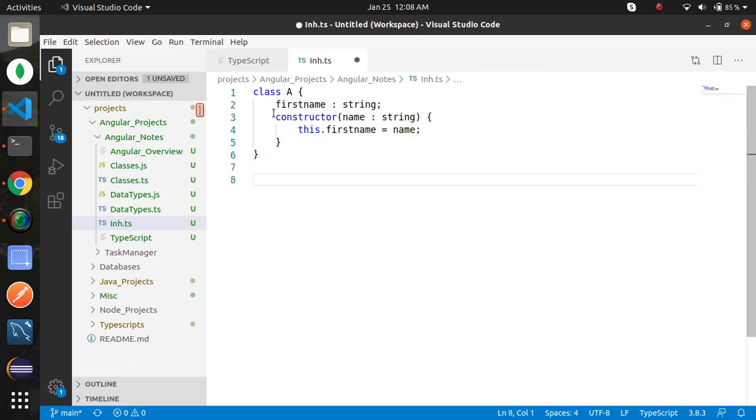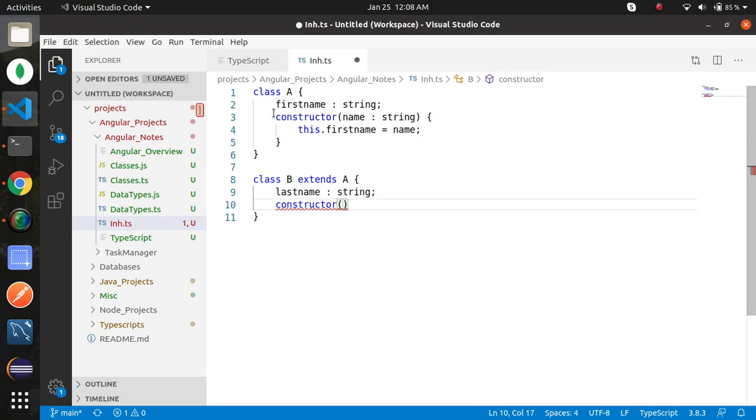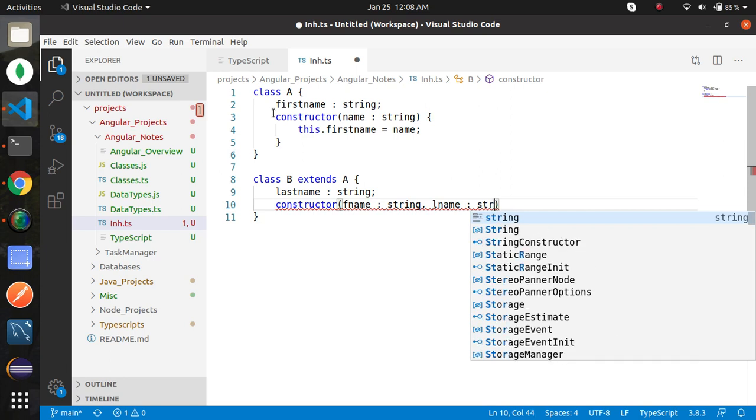Now class B extends A, and here I am taking property last name. Use a constructor to take input parameters, f name string, l name string.